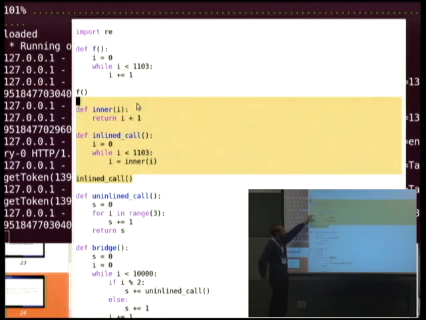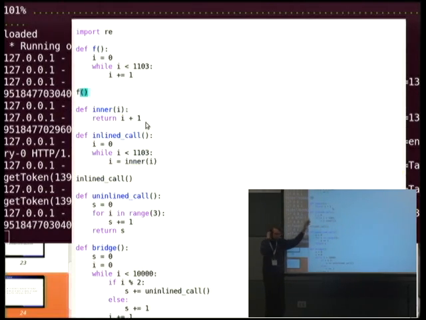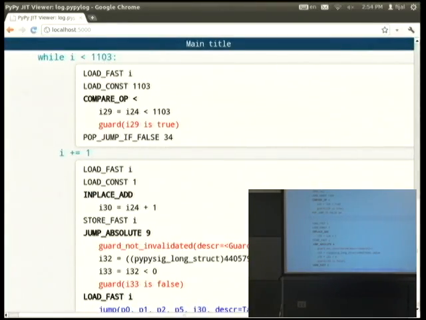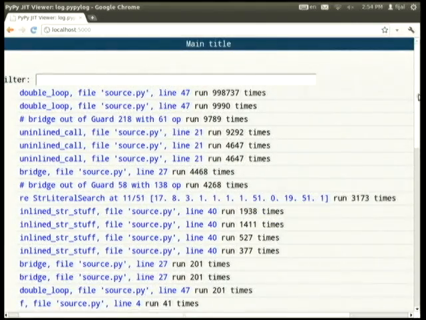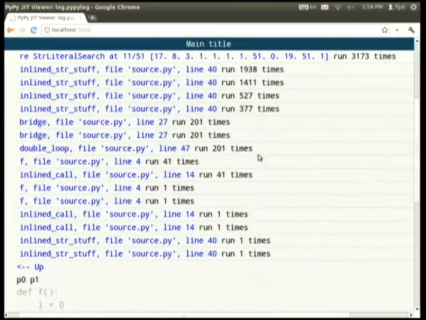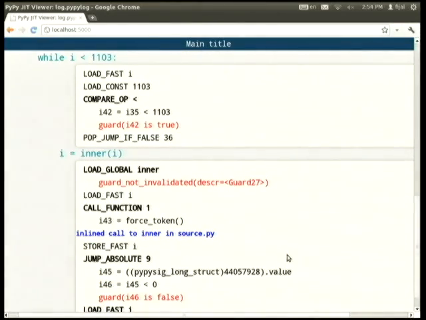The next example is mostly the same, but with a call. Here you have a call to a function, and it returns i+1.